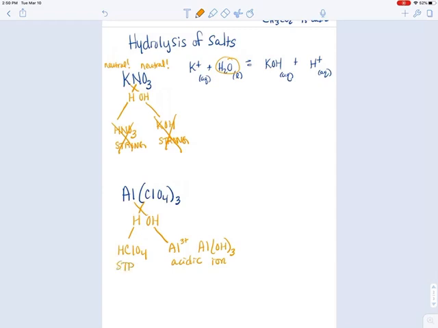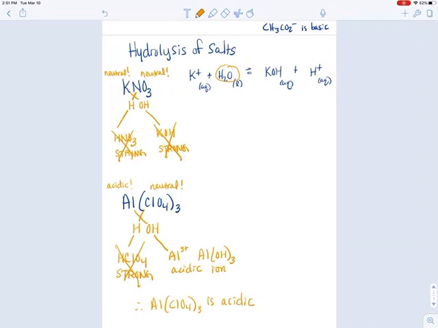And this guy was strong, a strong acid, and so doesn't form. This is a neutral ion, and the aluminum part is acidic, we said. Therefore, the salt is overall acidic. Okay? And that's about